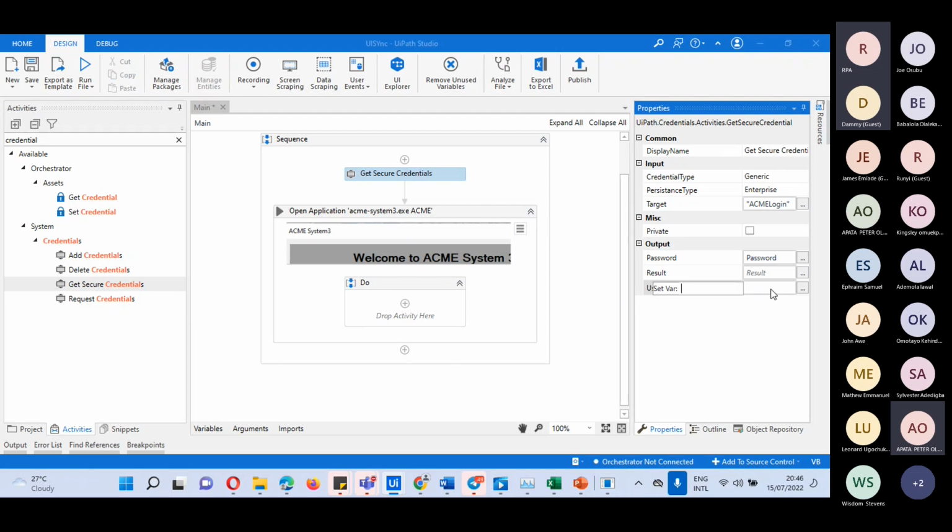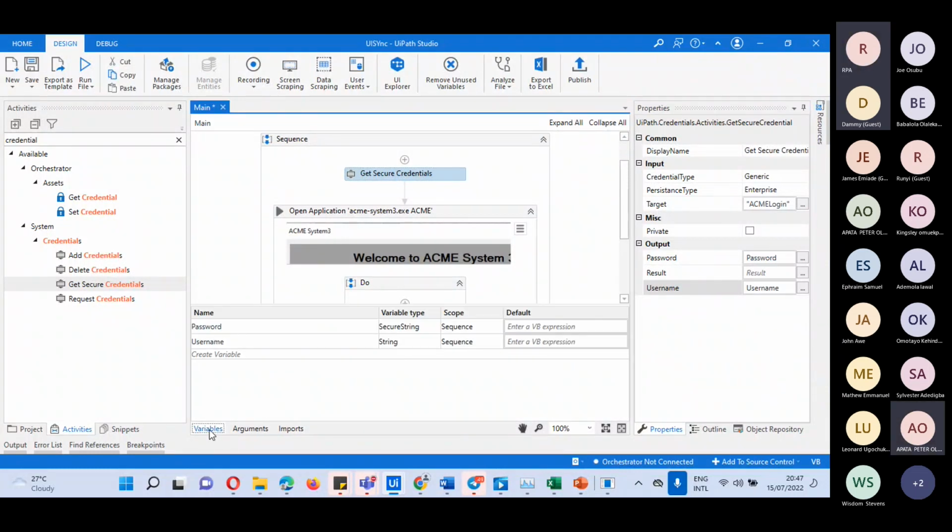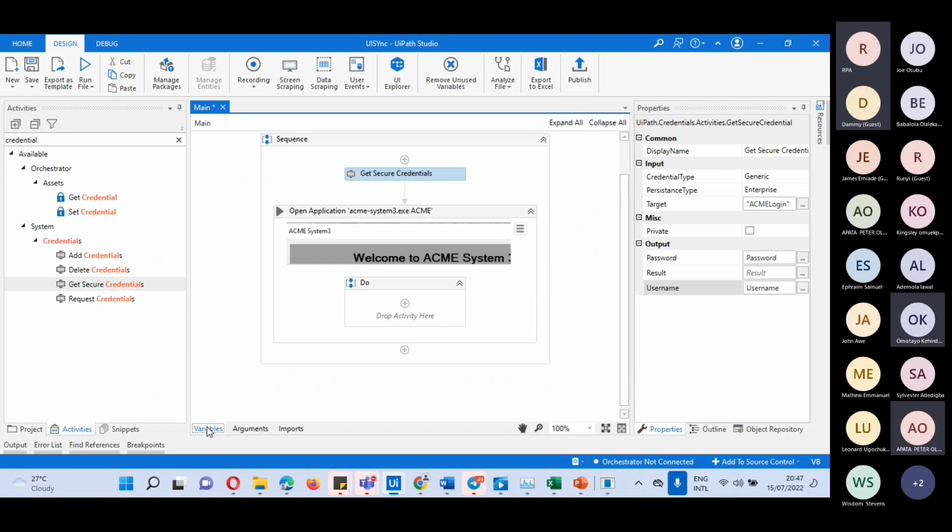Control A. Okay, so yeah, this is going to read what you have in the get secure credentials to open the application, and when that is done,